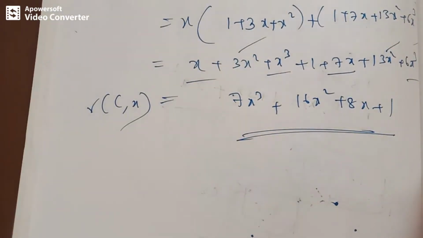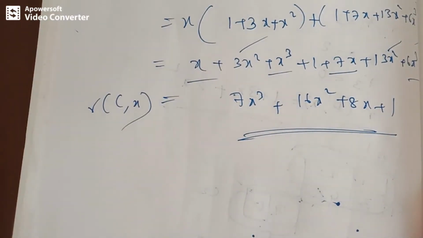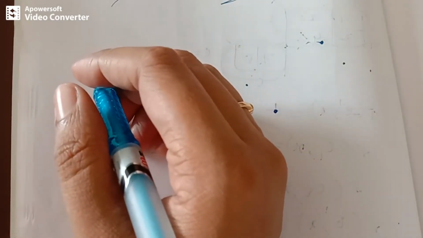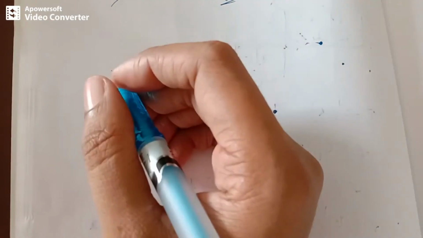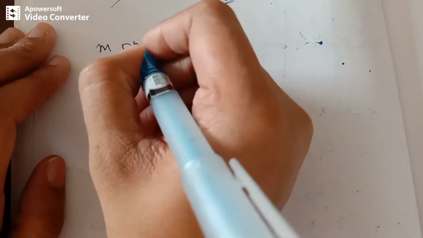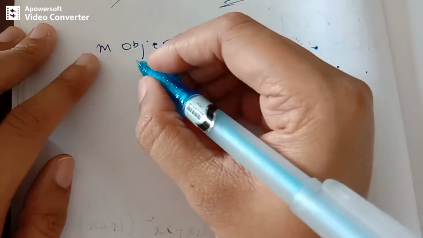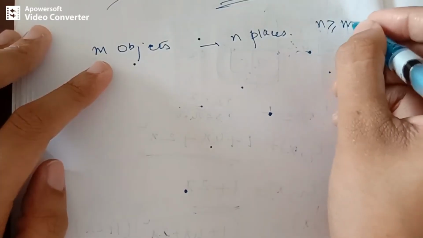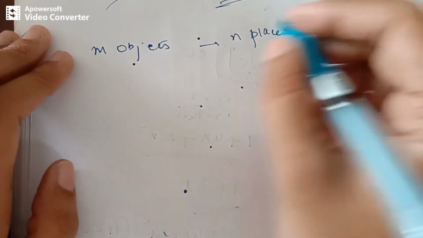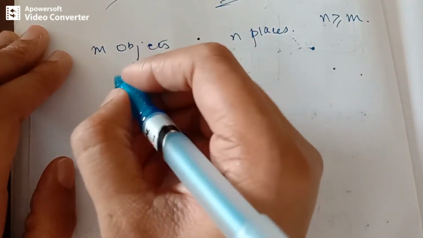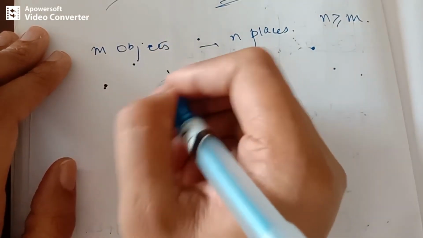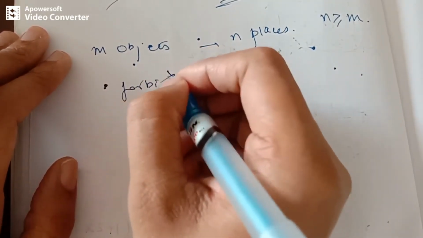Okay, let's take a different problem which is related to arrangements with forbidden positions. In a chessboard, we are supposed to place m objects, or m objects are to be arranged in n places where n is greater than or equal to m. And in case we have got constraints under which some of the objects cannot occupy certain places, such places are called forbidden positions.